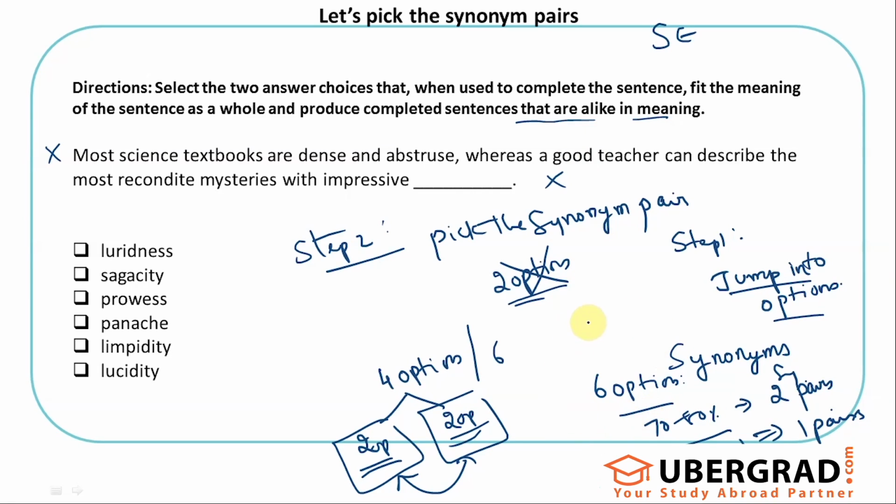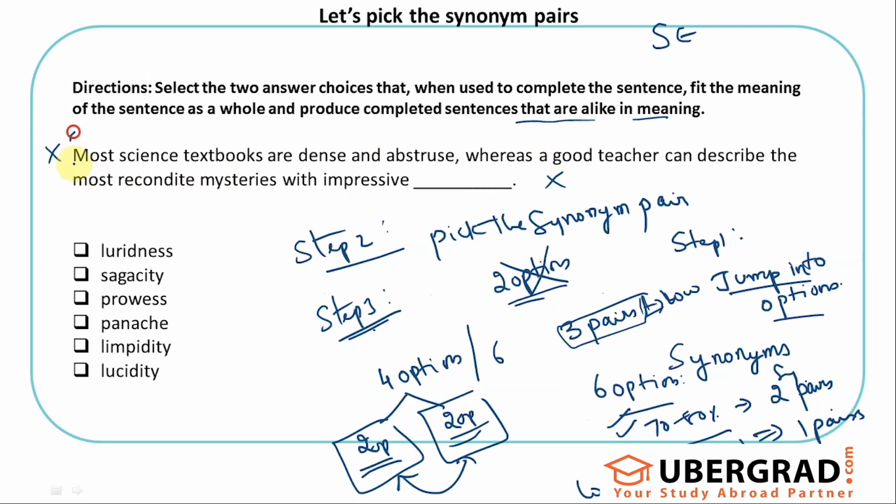Sometimes you might see all the 6 options can be split into 3 pairs, that is 2 options each, which would make it a little bit more difficult. But the chances of seeing this is very low. This is also very low. What you see most likely is this, where you have 2 pairs. So you have to eliminate one and select the other to get the answer. Then once you have split them into pairs, then step 3 is,